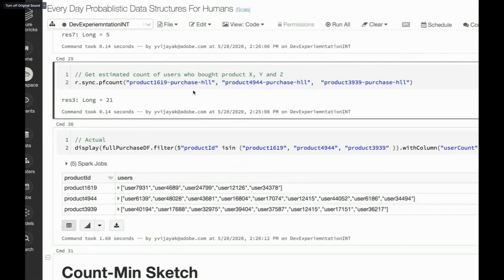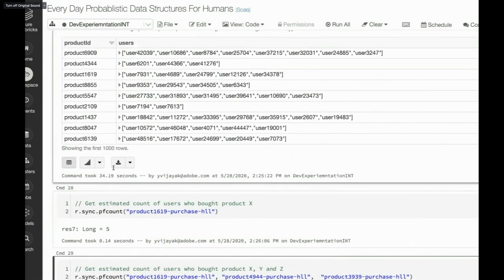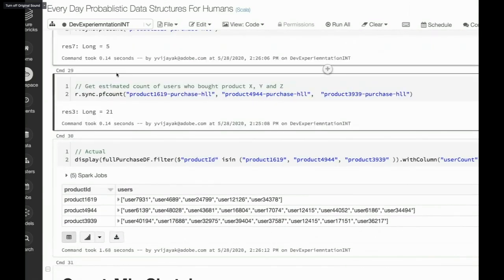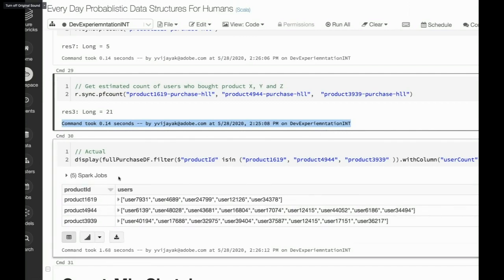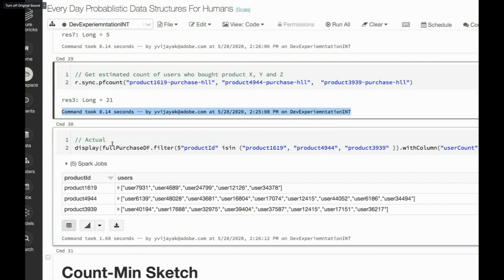Again, similar to the Bloom filter timings, this took 1.68 seconds after we already generated this data frame, which initially took 35 seconds because of the group by and all that. But this took a constant 1.14 seconds. I can guarantee you that no matter how many more entries you add, as long as our configuration is right, for the Bloom filter we're always going to get an answer around the same ballpark. But this time, 1.68 plus 35, like 37, 40 seconds, is going to keep increasing as you look at more and more data